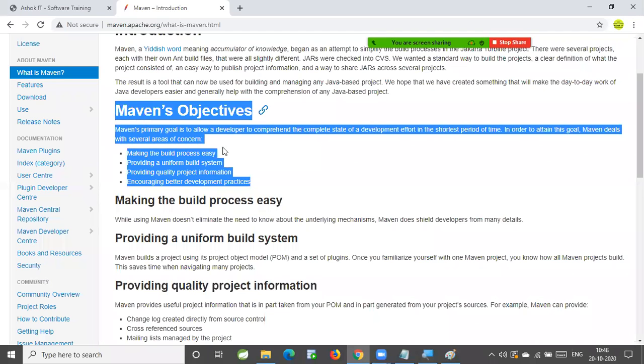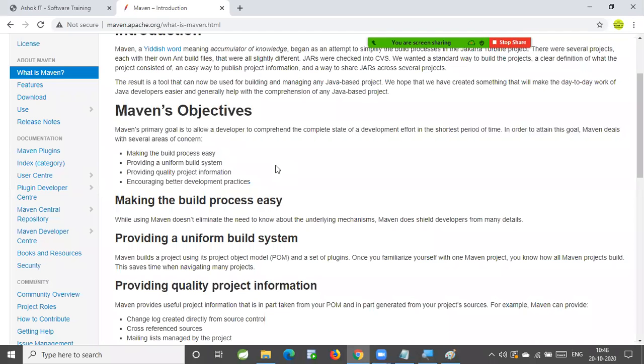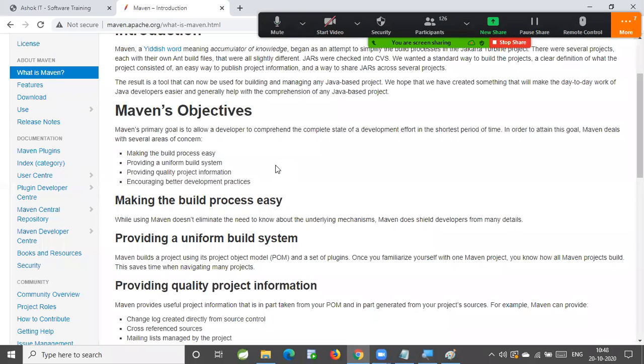They want to simplify the application build process and provide the same uniform build process for all projects, whether you create a standalone project or a web application. They also want to provide quality information and encourage best practices of development. These are the objectives of Maven.